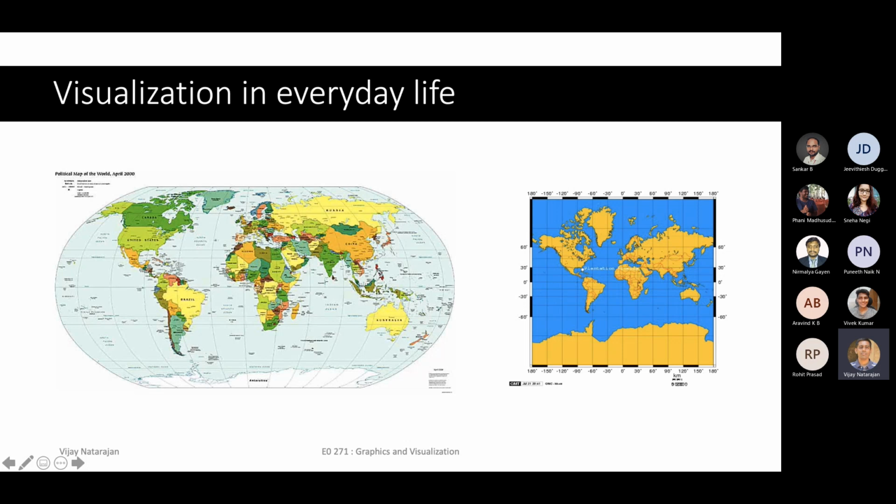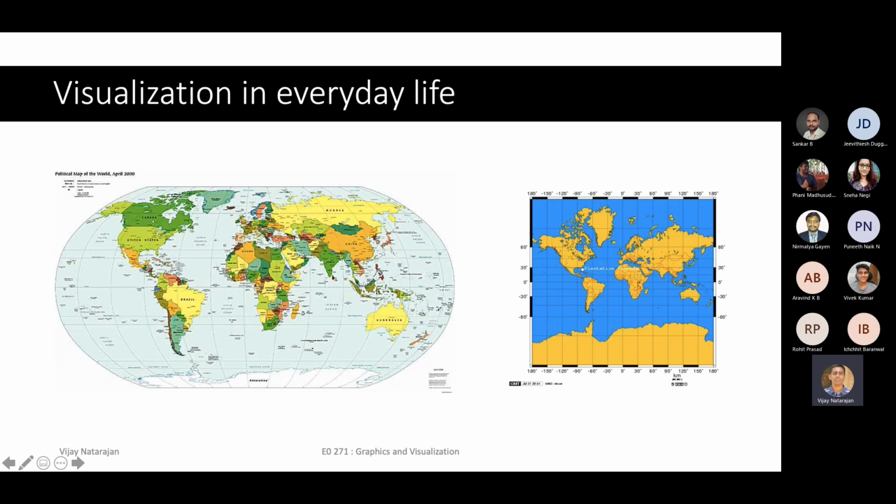Maps may be of different kinds. We have seen the difference between the two maps that you see here, the political map on the left, which preserves area and gives you a good sense of the size of different countries and continents, because that aspect